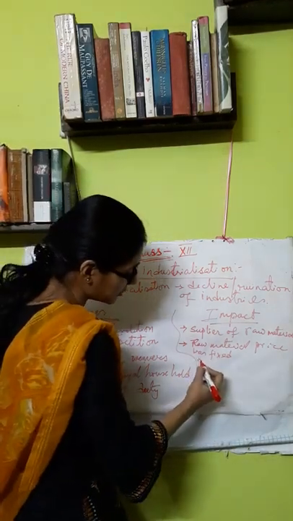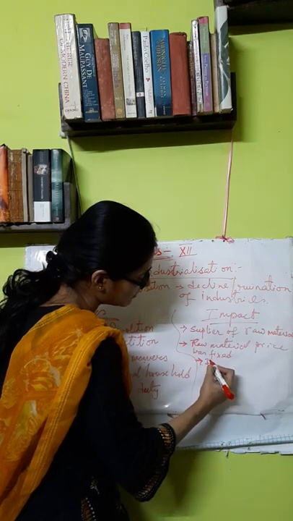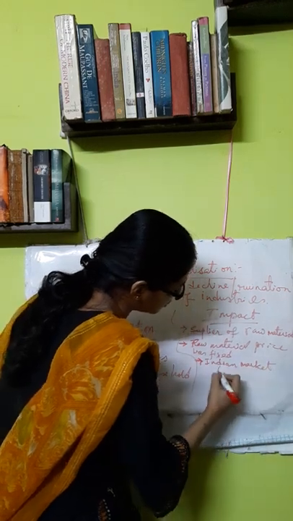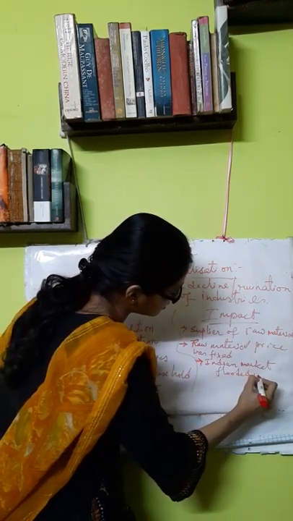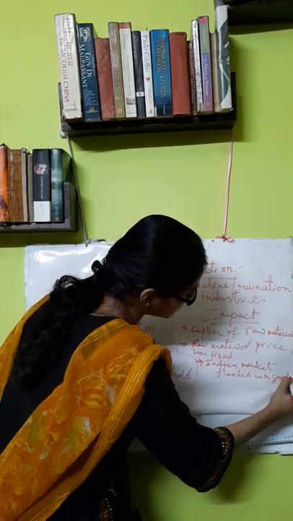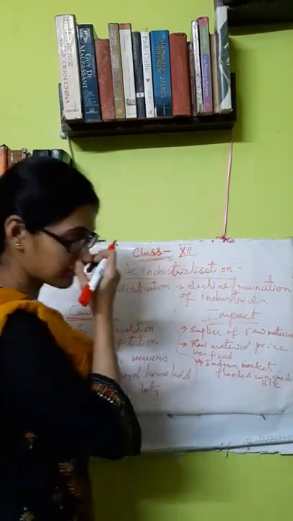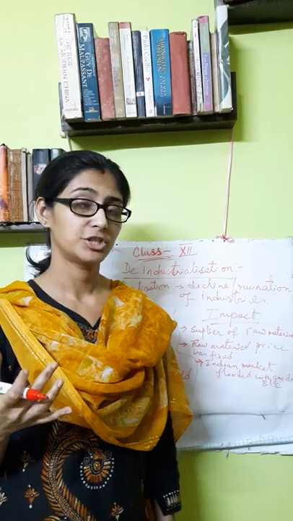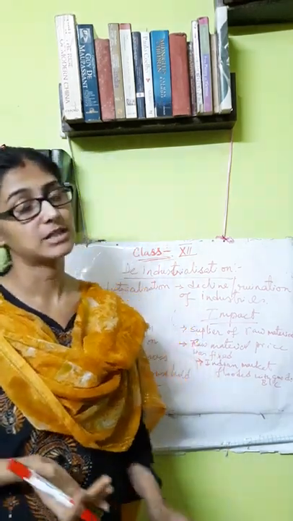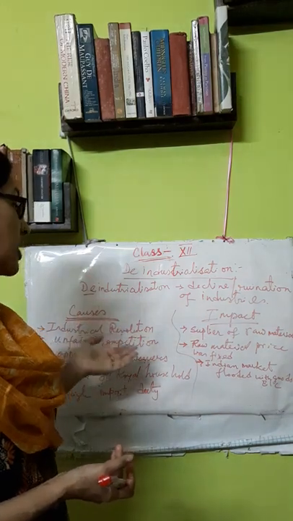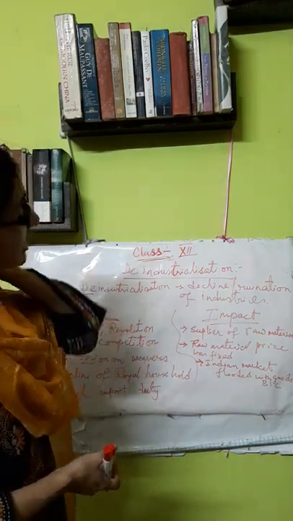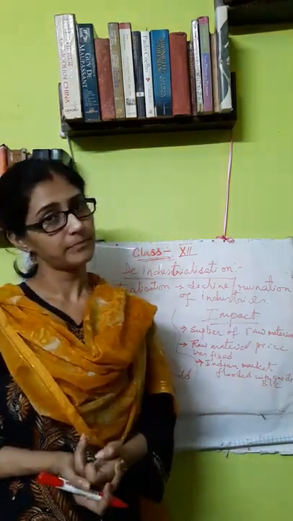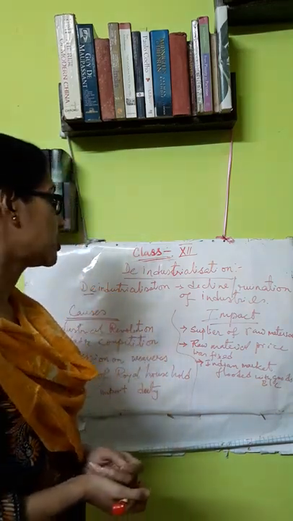Apart from this, another result or impact of the deindustrialization was that Indian markets were flooded with British goods of the East India Company. They were buying all the raw material at a very cheap price and selling the product in the Indian market at a very high price, but their machine-made products were quite fine and cheaper, so everybody was buying them. So the Indian market was flooded with the products of the English East India Company.